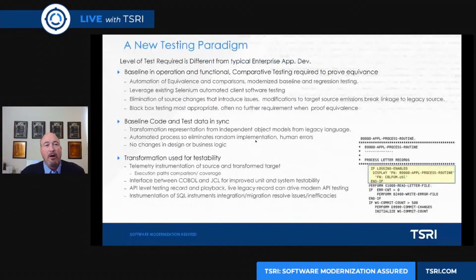Possibly the biggest hump that people have to get over with respect to modernization is the testing paradigm. And the biggest part of that is that you do not have to test at the same level, the same way that you do when you're going through and doing regular development. You don't need to allocate the 30 to 40% of your resources and develop hundreds or thousands of test cases, because you have something, a huge asset at your disposal already, an operational system that's been operating for years,